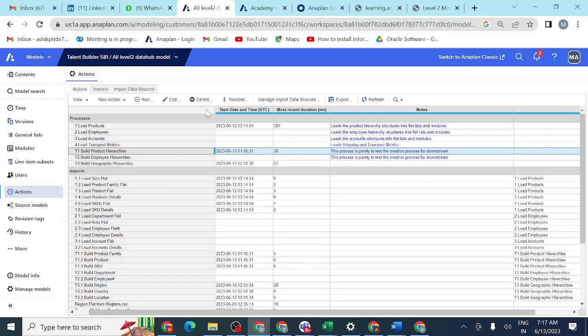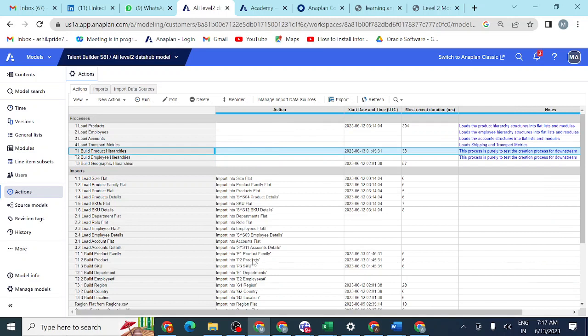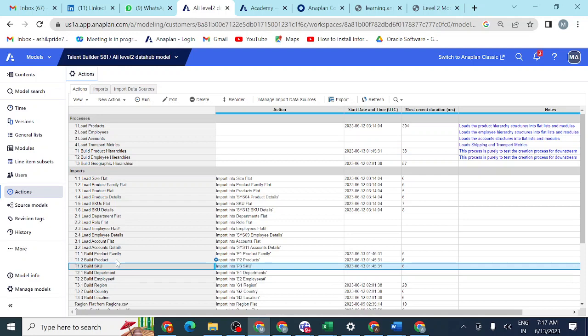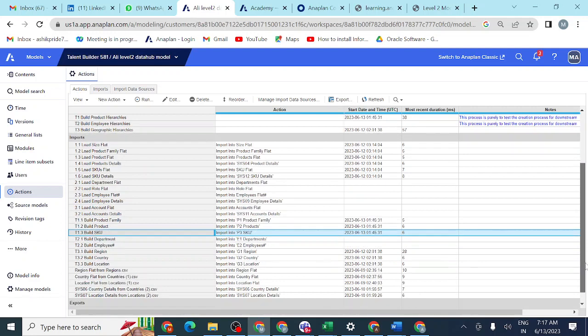How we should rename, they will guide us here. So what is the action name where you are importing, each and everything you can see here, and they provide the proper name. On the basis of that proper name, we should rename the actions properly.